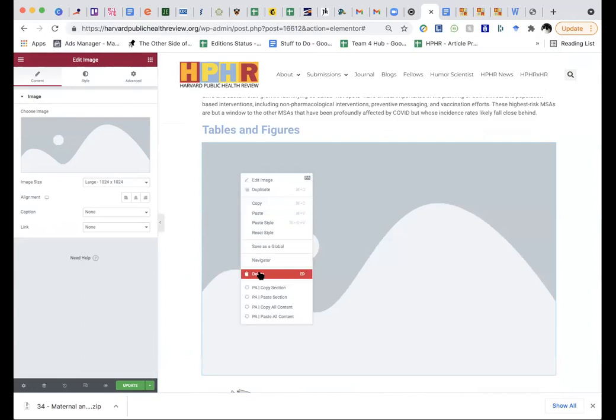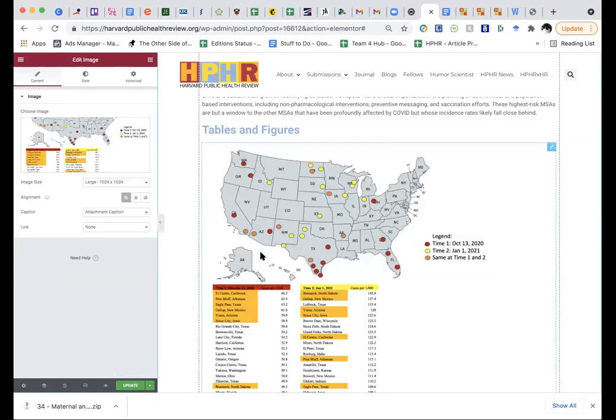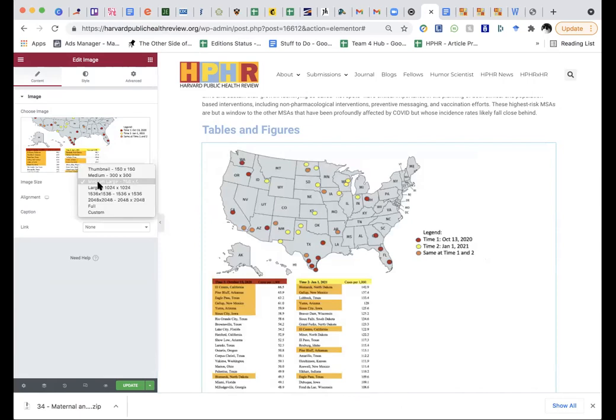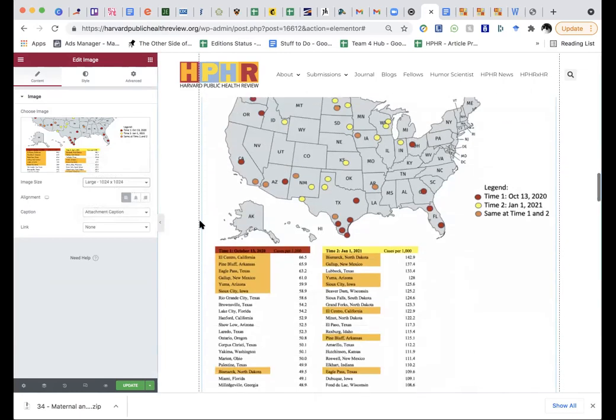We don't need that, so getting rid of it. Once you add your image, normally you're going to set this to large or to medium large. Since this has a lot of text inside the figure, which is not my favorite thing, but this was fairly intricate and it was part of the analysis.